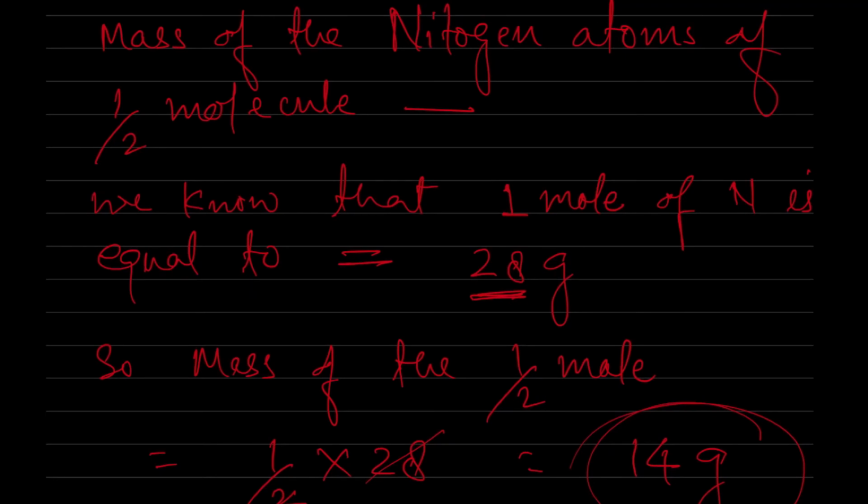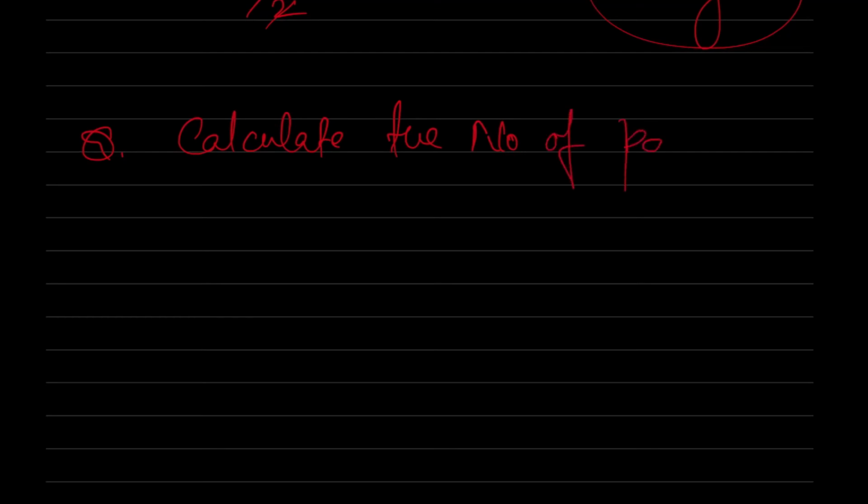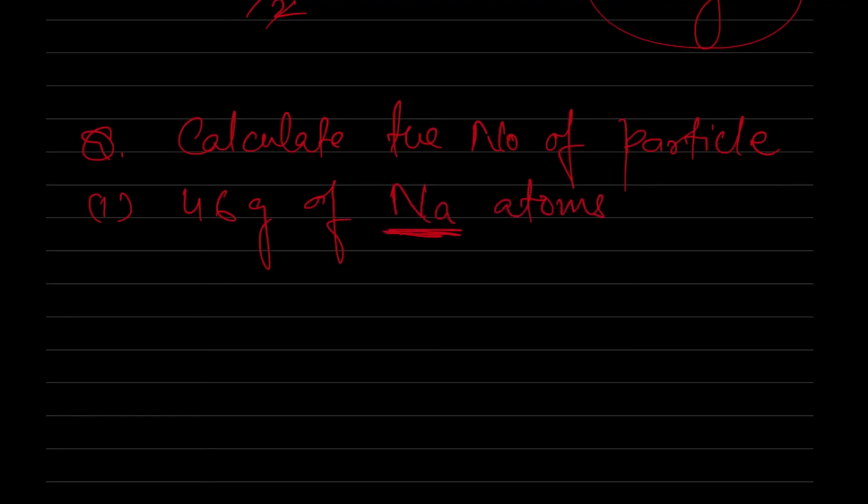So with this relationship we can solve this problem. Now the next question is given here: calculate the number of particles. We have to find the number of particles. The problem given here is 46 gram of sodium atoms. Here we are talking about the sodium atom, and first of all we know